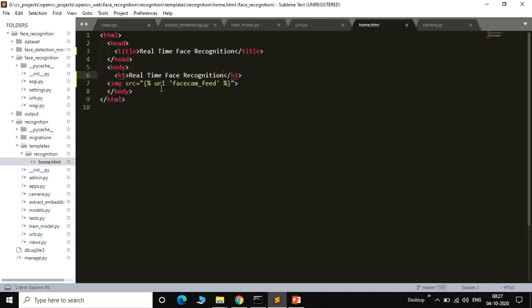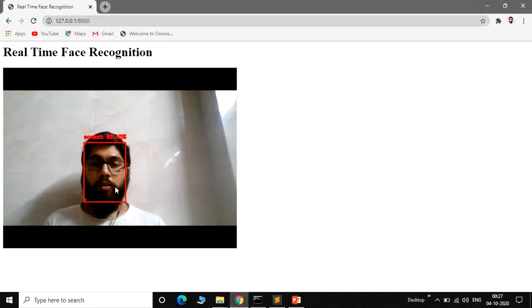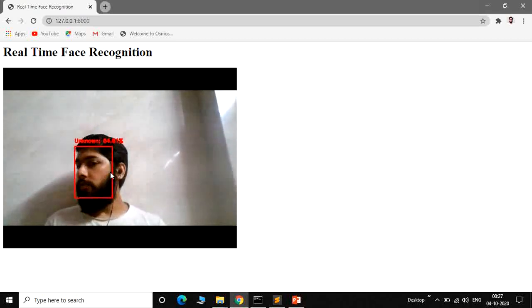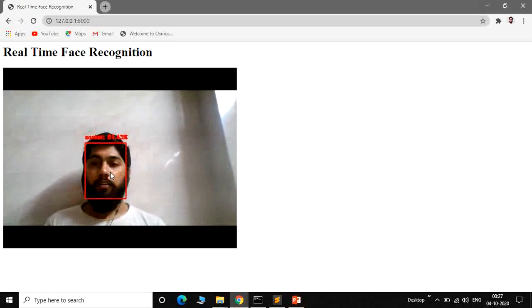And this is the home.py file. Here we mention the URL that way. It is a normal HTML file, in which we create one single image tag, and the source is Jinja logic with the URL for the video feed. Now here we can see the name will be shown, and the percentage is calculated. If you remove the space, then the percentage decreases. If you move to the left side or the right side, then unknown will be shown, because the face cannot be detected. This is the way.